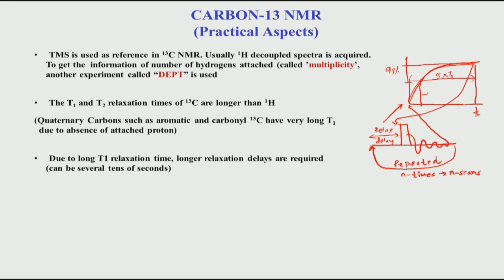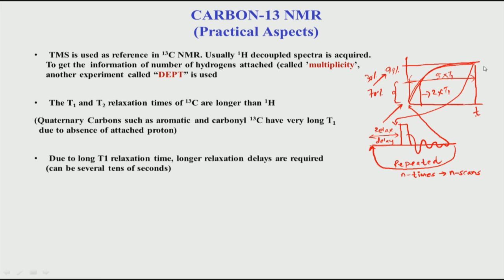So, this will be probably around 2 times T1. When I do this 2 times T1, my signal is only this much, probably around 70%. So, you see from here to here I have lost 30% of my signal. Therefore, if I do not use a correct relaxation delay, my intensity is no longer the correct value, because intensity has decreased by some 30%, depending on how much the T1 is, and that is a big problem.